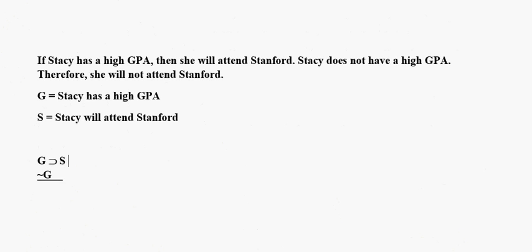Okay, the only thing left now is the conclusion, and so I've drawn a line there to separate the premises from the conclusion. And the conclusion says that she will not attend Stanford. Well, if we think about it, that's the negation of S, right? That's not S. And so the conclusion will have to look like this, right? Not S. Here we have the final symbolized result for this second argument. Notice that the premises are above the line and the conclusion is below the line. Okay, so make sure that you are able to do this. Make sure that you're able to symbolize this, because your homework assignment will